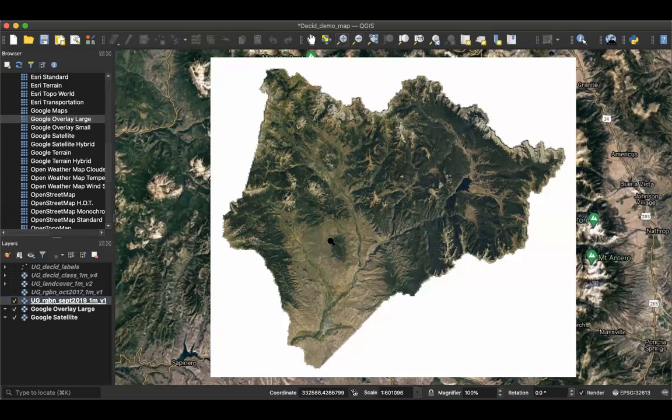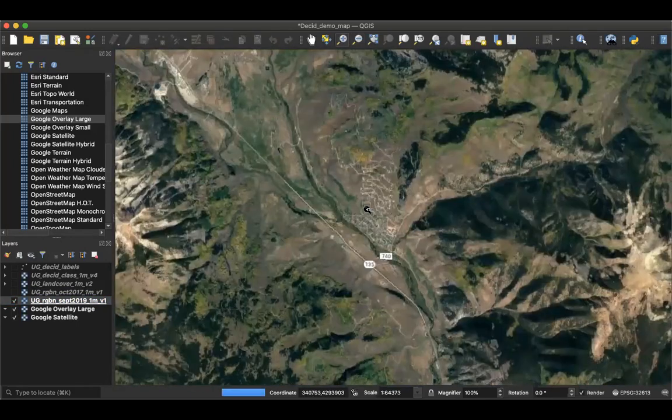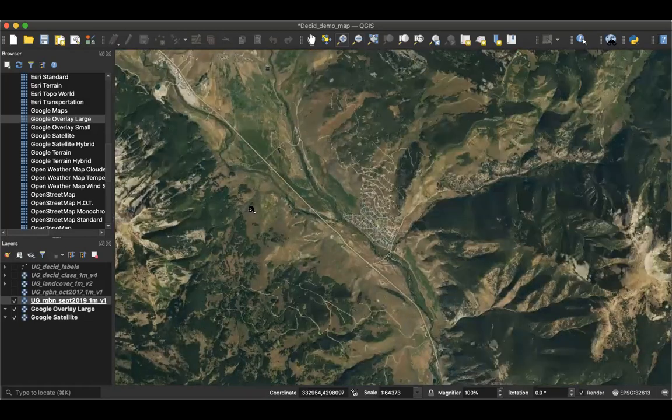So this is an aerial image from the National Aerial Imagery Program. It's a freely available USDA source of data. That's an airborne camera that flies over and takes pictures. In this case, the data was collected in September of 2019. So this is the community of Crested Butte South that you can see down in the valley bottom. And in September 2019,